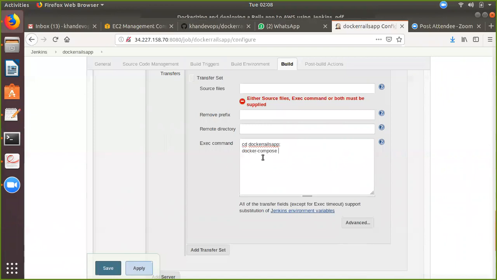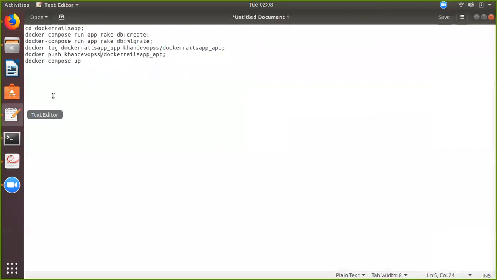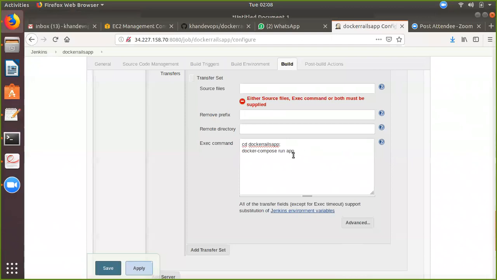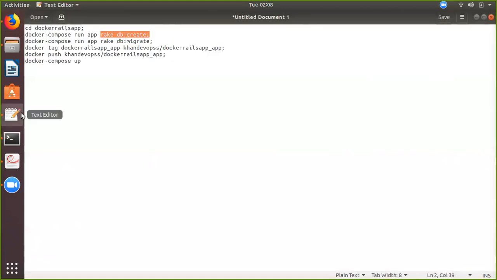docker-compose run app rails. So these are the commands basically we need to execute, right? So Docker Compose Rails app. What I'm doing is rake db:create, creating the database, and then I'm running the migrations. Docker Compose run app rake db:migrate, running the migrations, and finally, so these are the commands